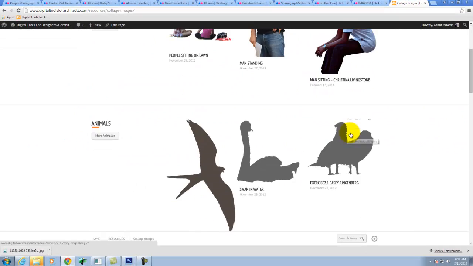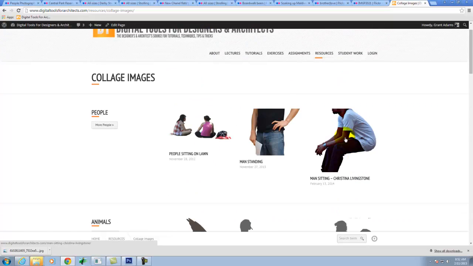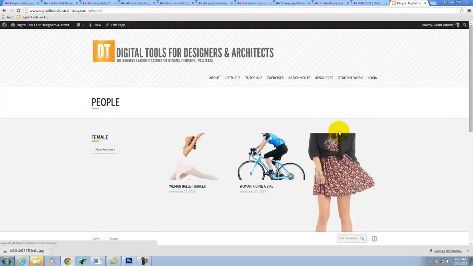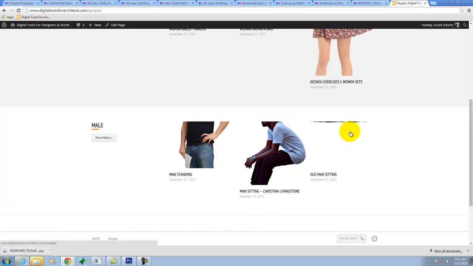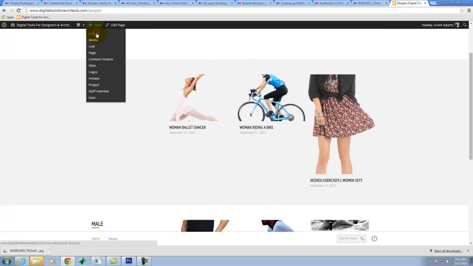And so you can see that people have isolated landscape objects. There's trees, but there's also a lot of people. There's mostly people because I think they're the most valuable for people to use. If you click on the More People button, you can see kind of an endless list of male and female, etc. So you want to get your people into this same archive of people. So when we go ahead and create a new post,